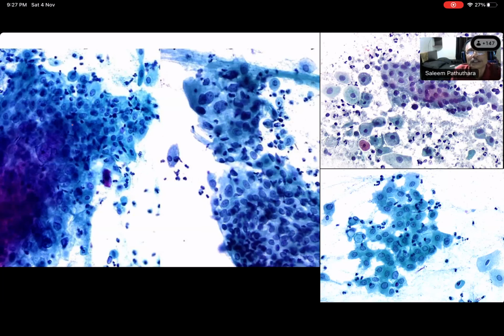So morphology is very clear. What kind of a sheet of cells these are? We can see parabasal cells. Correct. Yeah, they come in sheets. Parabasal cells are flat, monolayer sheets. You can see monolayer. There is some technical haphazardness, but otherwise they are all sheets, right?